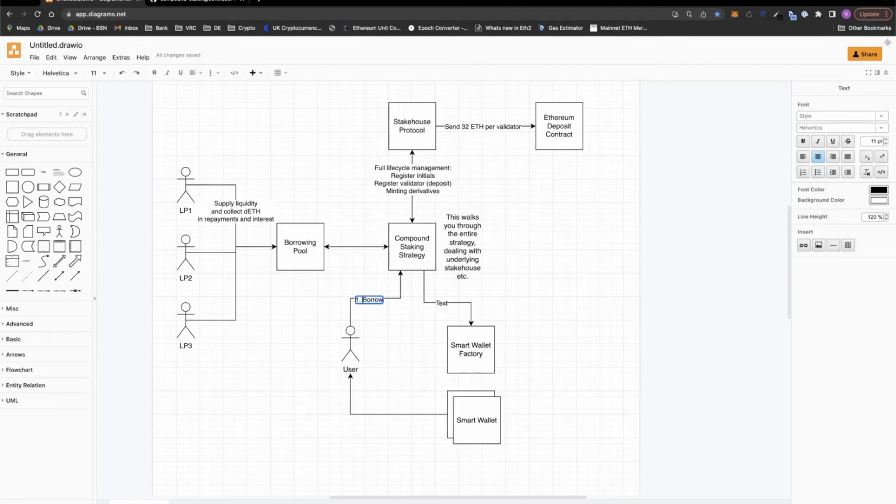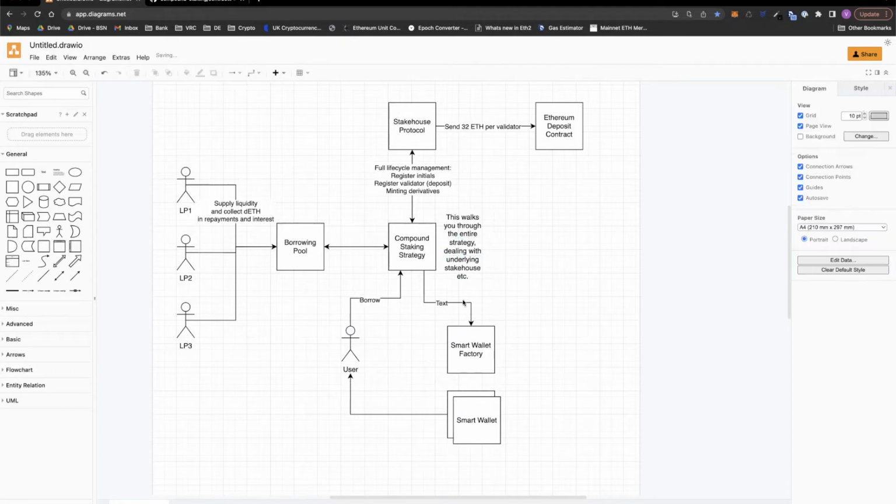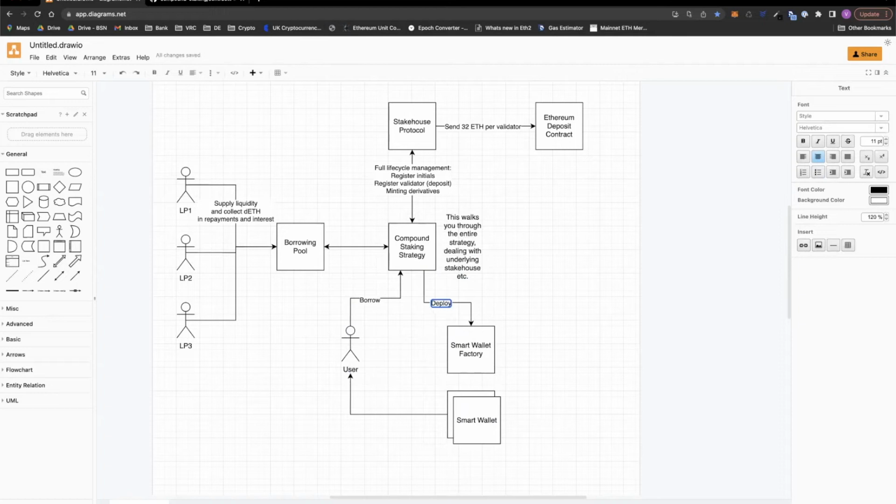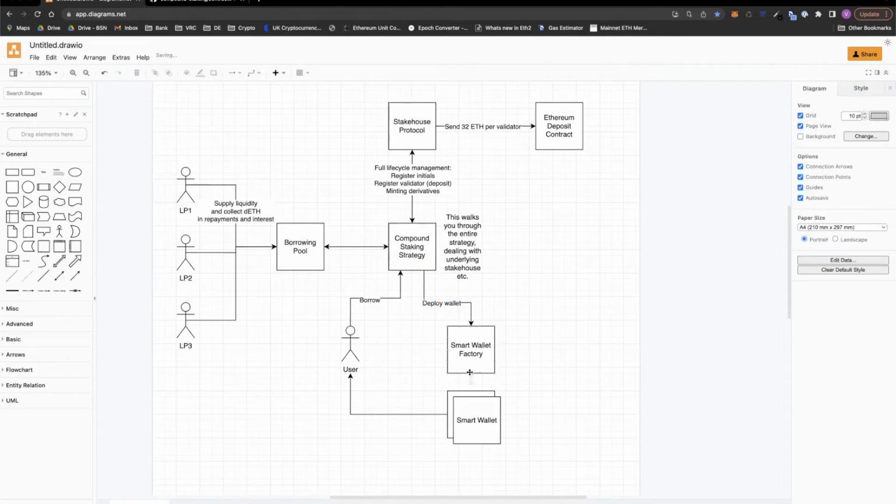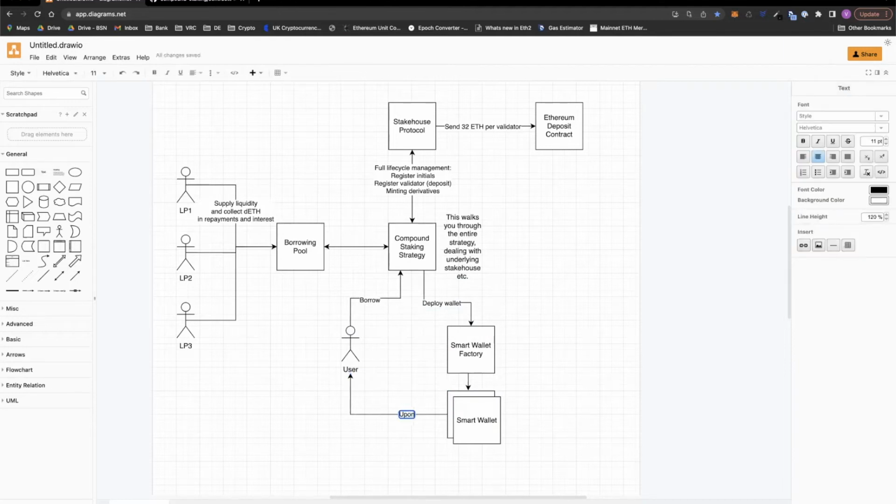Every pool in Uniswap has been created by the Uniswap Factory. Otherwise, you don't have a source of legitimacy. Yeah, that makes sense. So, basically, upon repayment,